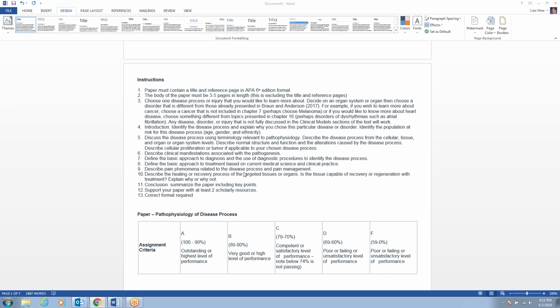What is it going to feel like? How are we going to manage the pain from this disease? Again, if there is no pain, you would have researched that and found out that there's no pain involved in this, and you need to say that. Because